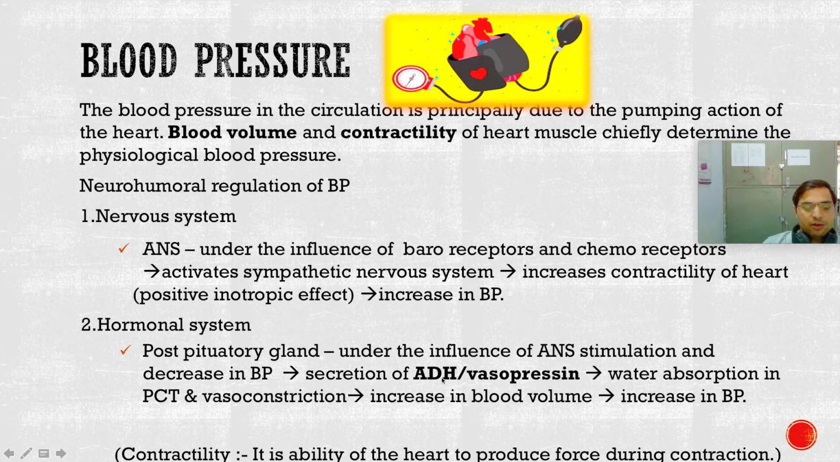This antidiuretic hormone works over the PCT, proximal convoluted tubule, and starts reabsorbing the water in the kidney. So water absorption becomes more. Also, it does the vasoconstriction of the body. So the blood vessels in the body constrict, right? Together these mechanisms, the more water absorption and vasoconstriction, will lead to increase in blood volume, thereby leading to increase